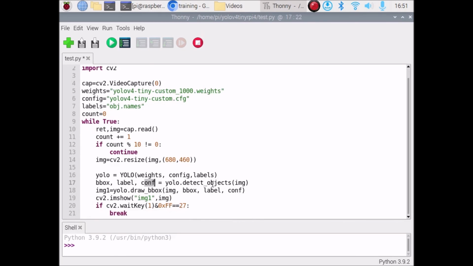Inside that we need to pass our img. Then cv2.imshow with img is equal to img. And then it will basically show us the detection. So simple. If I save the code and run the code,